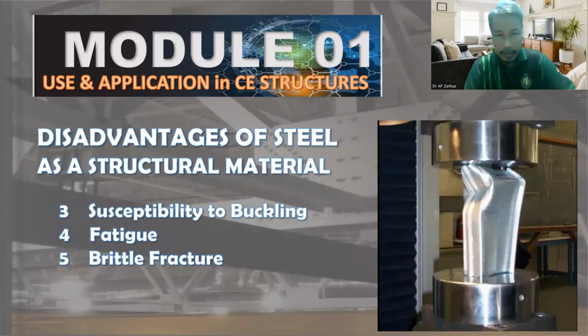Okay. Another disadvantage is susceptibility to buckling. As you can see in the picture, that is one example of buckling. There are several types of buckling, and this is one of them. As you can see at the right of your monitor, another disadvantage: fatigue. Fatigue is also a characteristic of steel